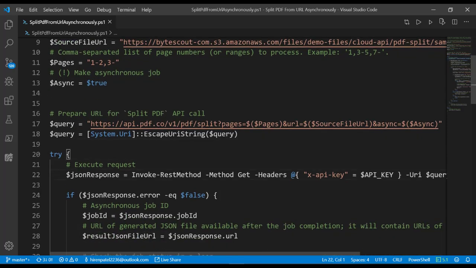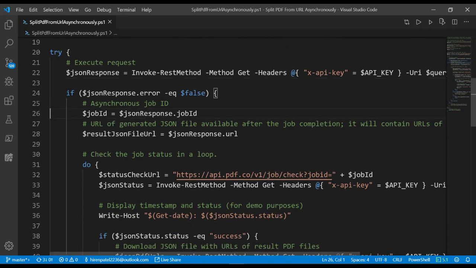Now, while invoking, we are going to provide the API keys in the headers, and once we have got the response, because this is an async operation, we are going to get the job ID in the response. So we are fetching the job ID here, and this is the placeholder for the actual response. Initially, this URL doesn't contain anything until the job is completed. Once it is completed, we are going to use this URL and get the details.